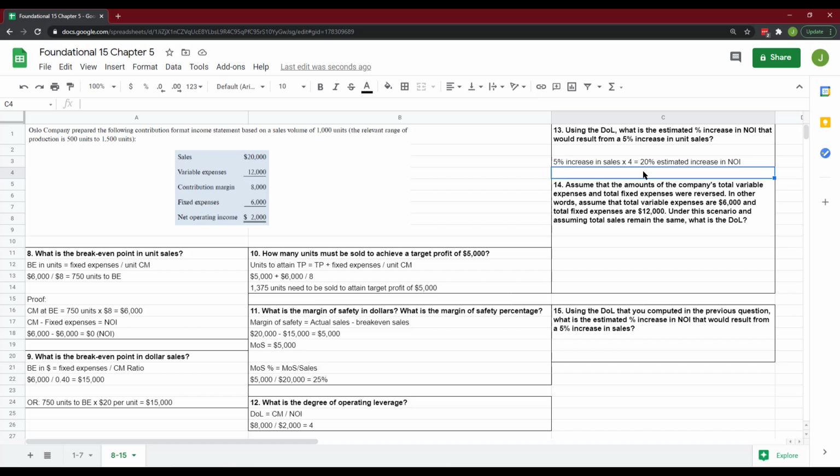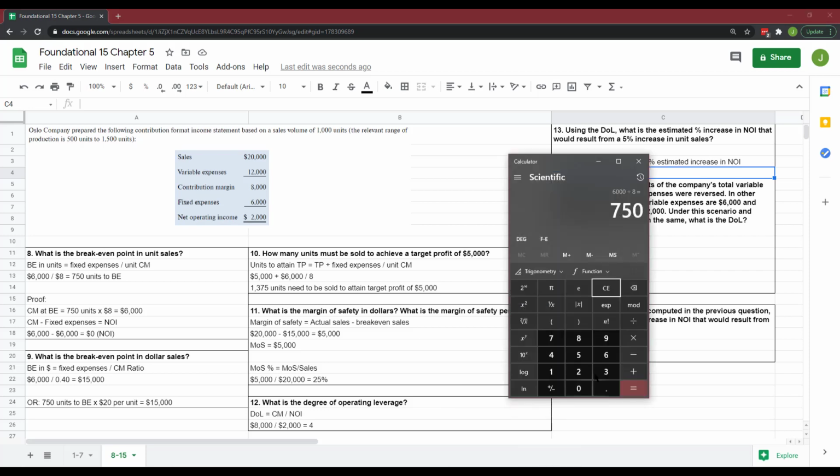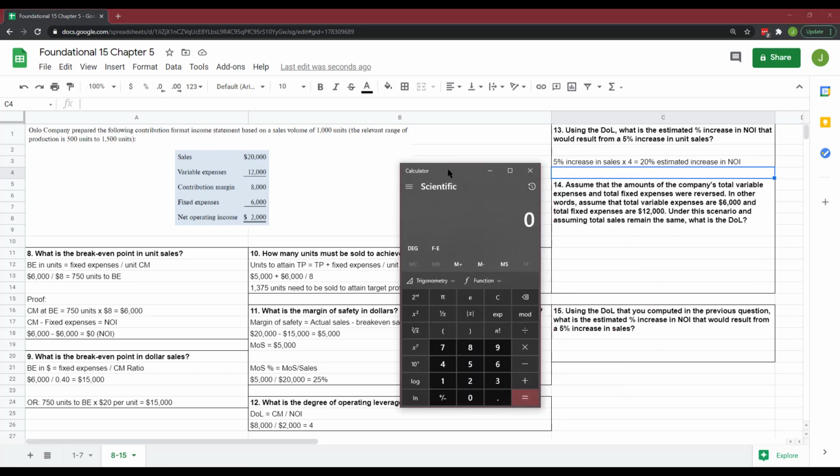Now you can confirm this by actually setting up a new contribution format income statement, saying, okay, if sales go up by 5%, what's my new sales level? And then work your way through, and you will see that the new net operating income, when you set up that new income statement, should be 20% more than what you currently have. So as a check figure, we will do 1.2 times 2,000. So your new net operating income with a 5% increase in sales should lead to $2,400